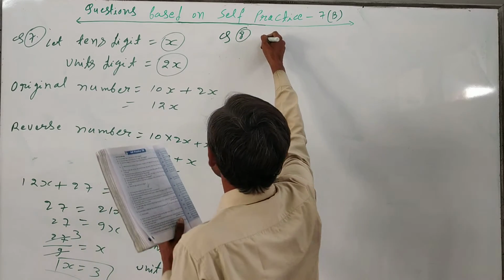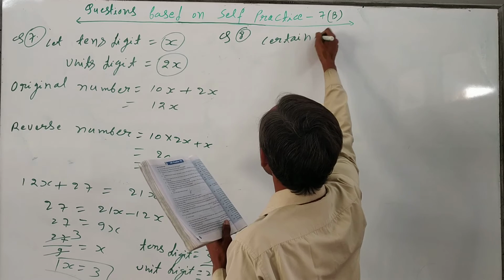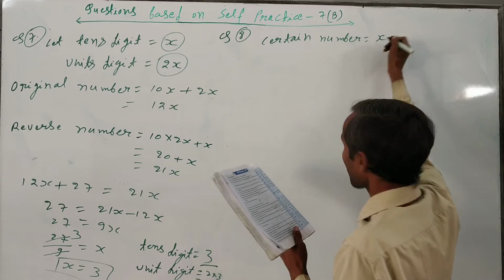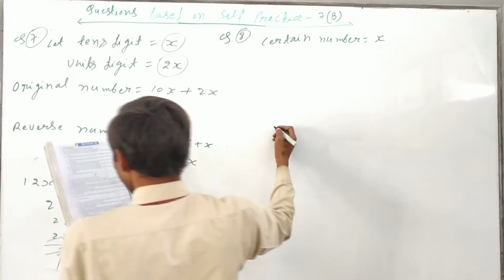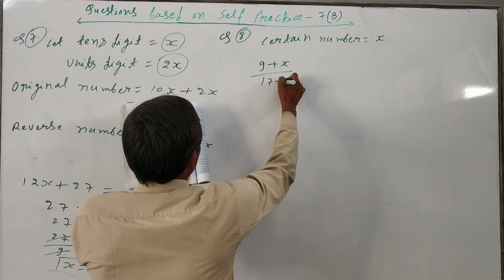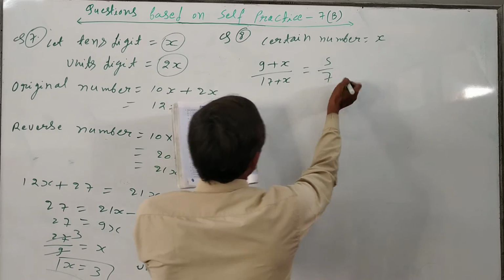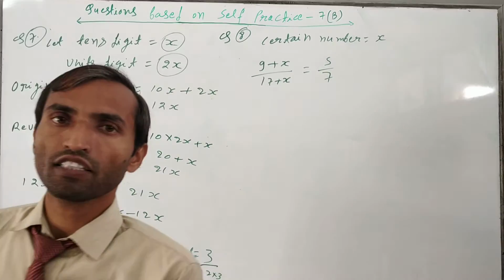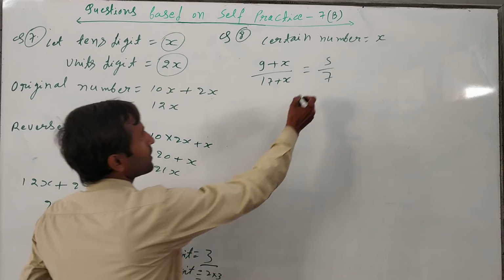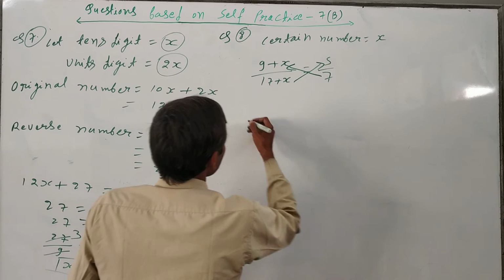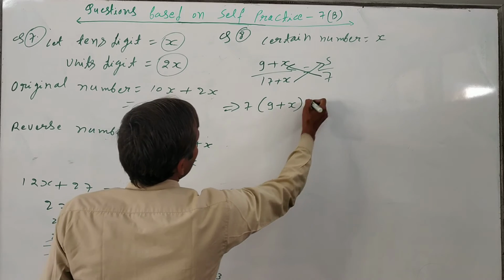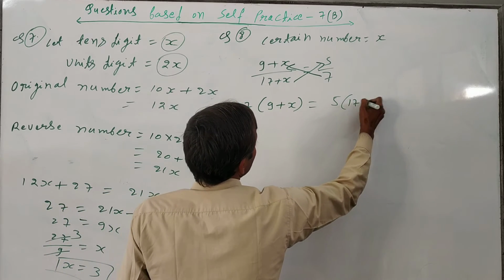Just suppose certain number is equal to x. So what we are adding here, that is x. Okay. So now we have to add 9 plus x over 17 plus x, then is equal to 5 upon 7. Now these types of equation we have already solved in the previous exercise, that is practice 7a. Now we have to cross multiply here. Just see cross multiply here. Okay, so 7 into 9 plus x is equal to 5 into 17 plus x.